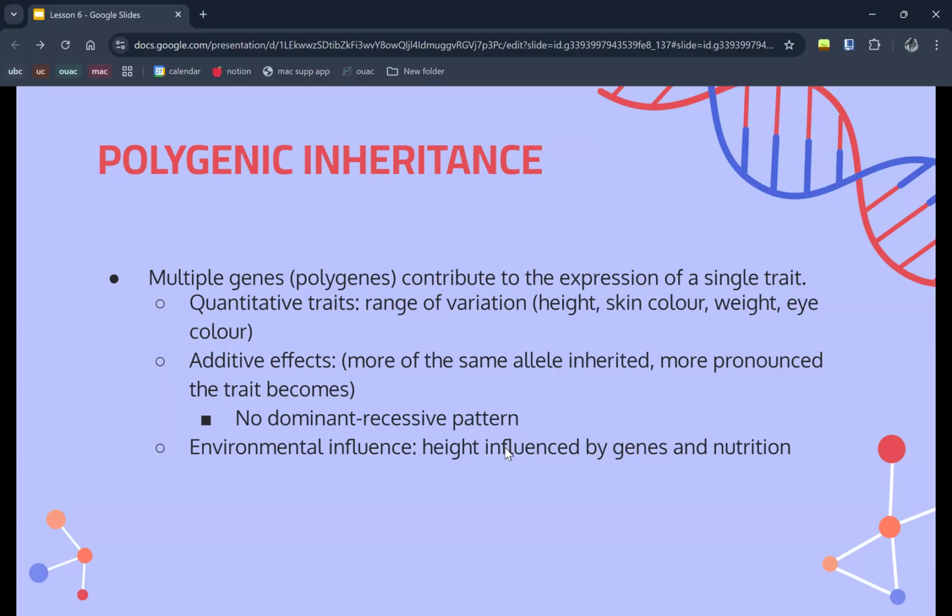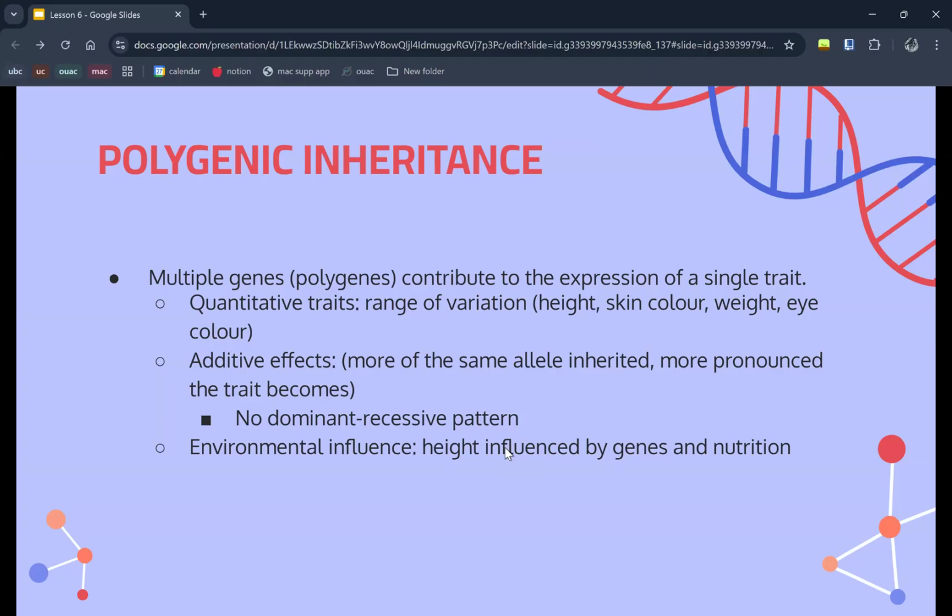You don't have half blue, half brown eyes, although I'm sure that is possible, just not common. So examples of these polygenically inherited traits include height, skin color, and weight, which typically follow a bell curve of distribution. It's more of a scale. It's not like you're either 6 feet or 5 feet. You can be any range of heights in between there. And most individuals will have an intermediate expression of that trait, and fewer individuals will exhibit extreme values of the